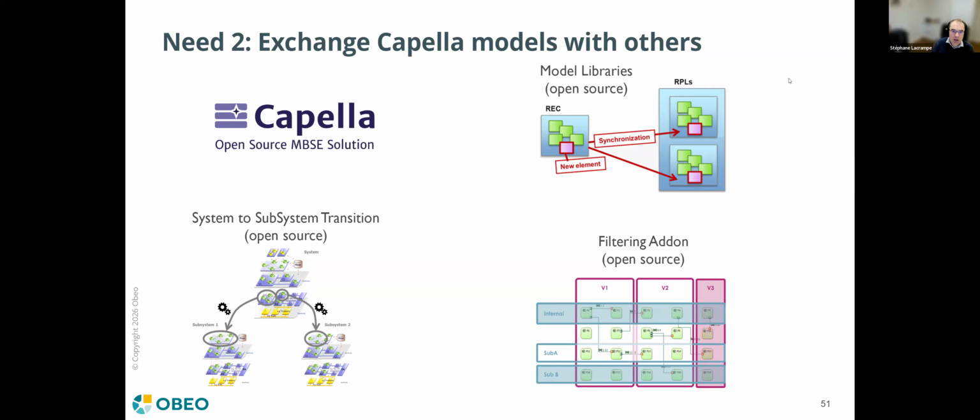Very efficient way as well to share not only models, but models of reusable elements. The system to subsystem transition is also a very common way to exchange models with Capella. It's an open source add-on. And what it does is, as I explained, when you are at the physical architecture at the system level, for example, you can select a few components, say, okay, these components are going to be developed by a separate subsystem